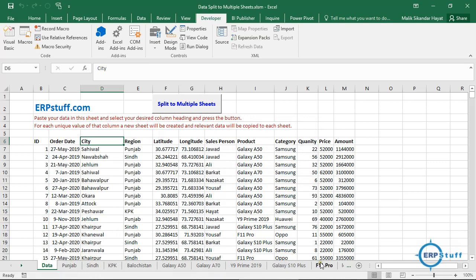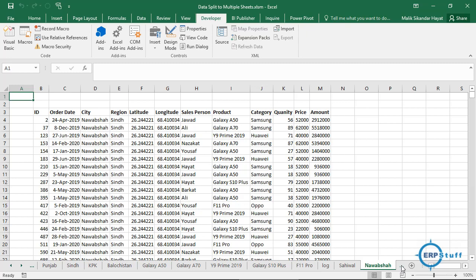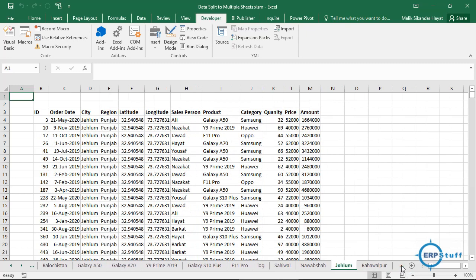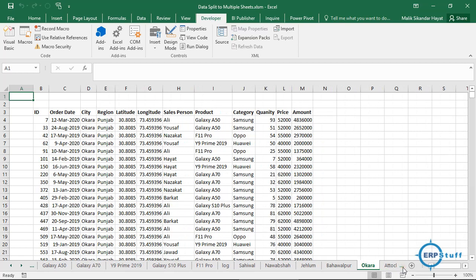Right, if you see here, Okada. So if I click Okada, if you see here, all city data of Okada is displayed here, right?